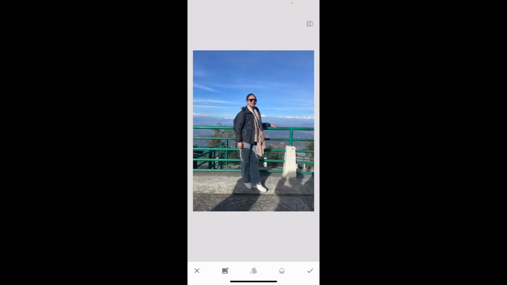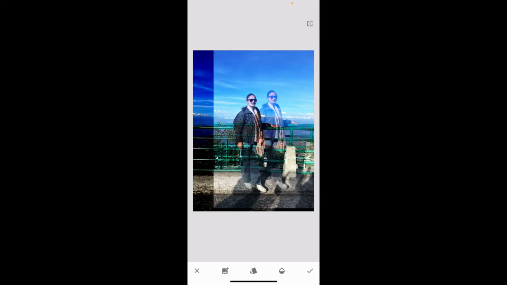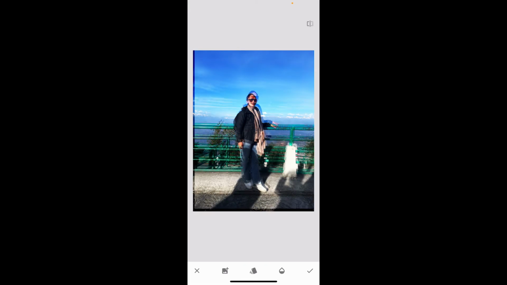Click on the plus button with the image icon in it at the bottom left corner and select an image containing the object you want to clone. It can be a person or an animal from your camera roll or photo library. Go ahead and choose your clone image, and then this will overlap and cover the area of your image completely.